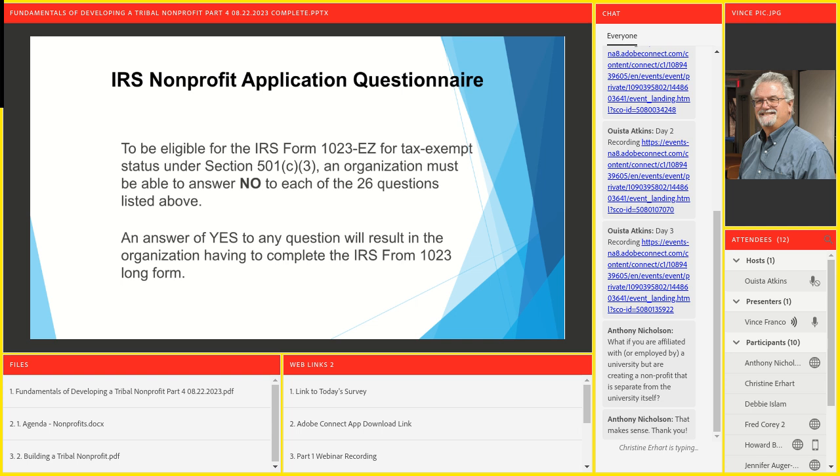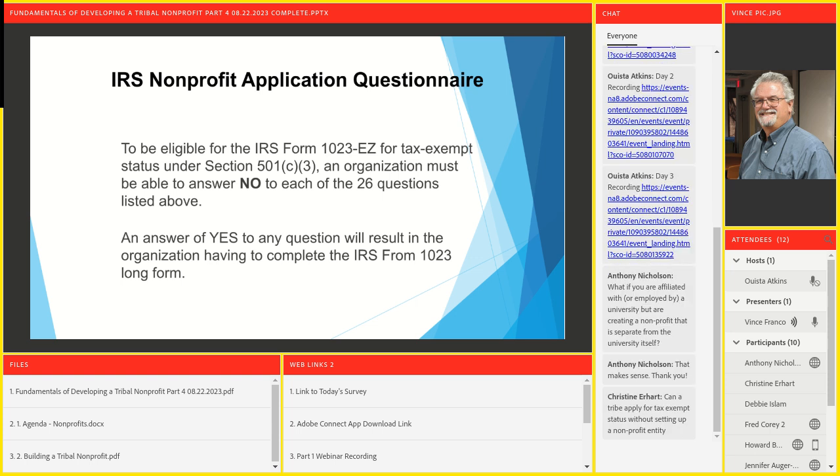Answering yes to any of those questions will result in the organization having to complete the long form, which is what you don't want to do. So what you want to do is print this form out. You can Google it. You can go to irs.gov if you wish. You can download the IRS Form 1023 application questionnaire on the irs.gov website. I would literally do that and print it out if you wish, or electronic. I don't think the IRS provides fillable PDFs, so you're probably going to have to do it old school, print it out, and actually put it